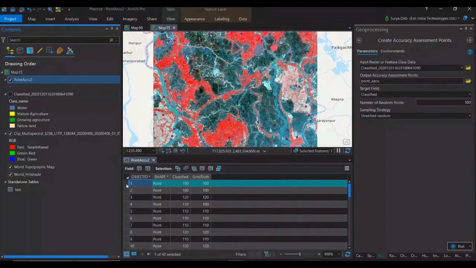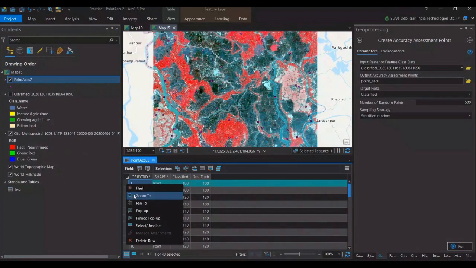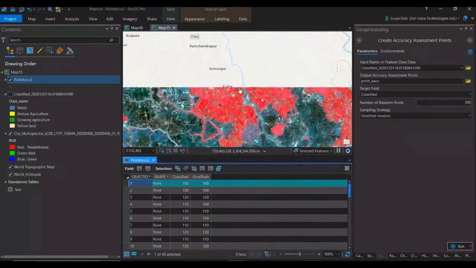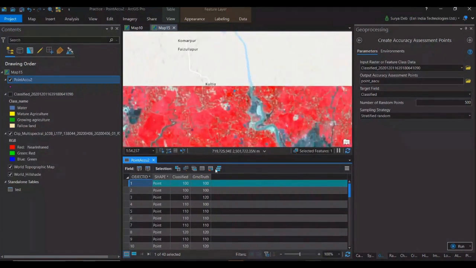Right-click over this and go to zoom to layer, and you have to check this particular value. So what is 100? That is the code value. At that time I told you, that is 100, 120, 130, which I am giving as the values. So it is the same value which you create when you are creating the training sample classes. That value is coming, and on the basis of that you have to do the accuracy here.